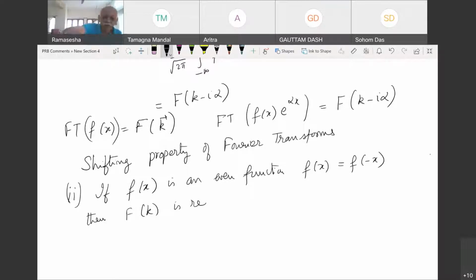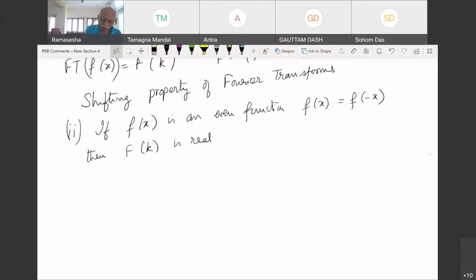How do you show this? Let me take F of k equal to 1 over root 2 pi, integral minus infinity to infinity f of x e to the ikx dx. Okay. Now, because f of x is even,